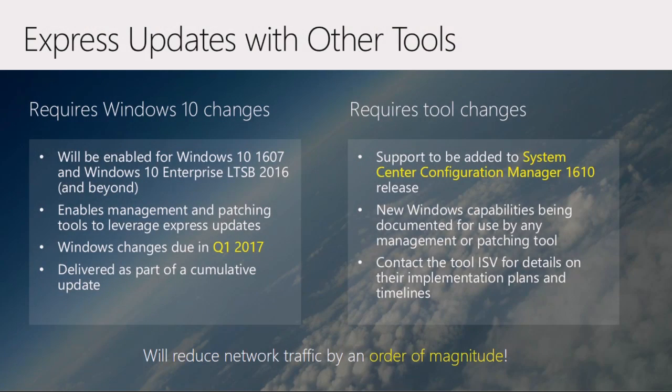So in the January cumulative update that went out on Patch Tuesday this month, we added the ability in Windows 10 for management tools to install Express updates. The Config Manager team added support for doing that in Config Manager 16.10, the client-side pieces. They're going to release probably next month a hotfix for Config Manager 16.10 that enables the GUI configuration options to turn this on. So it's not currently enabled in Config Manager 16.10. It is enabled in the Config Manager Tech Preview